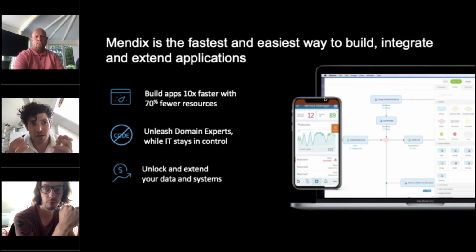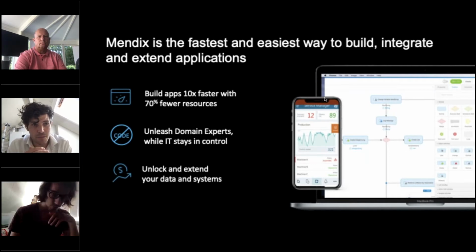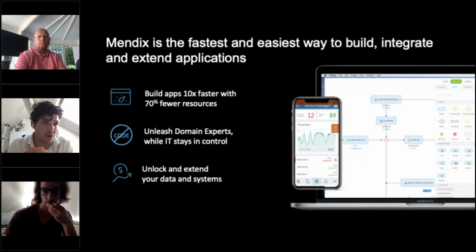We want to bring business and IT together. Because of low code, you understand a little bit better what the IT specialist is doing, and we want to enable everyone within the company to build applications of their own. So I leave it at this. I will give the word back to Jethro, to Ben,